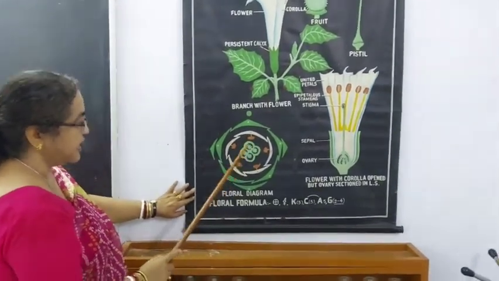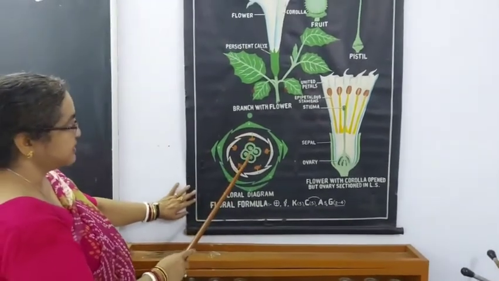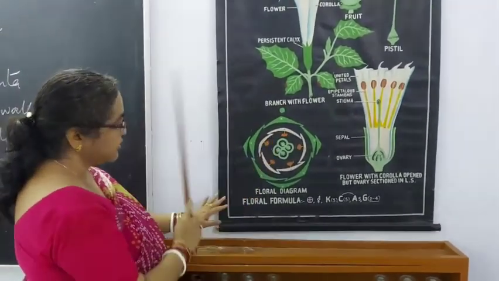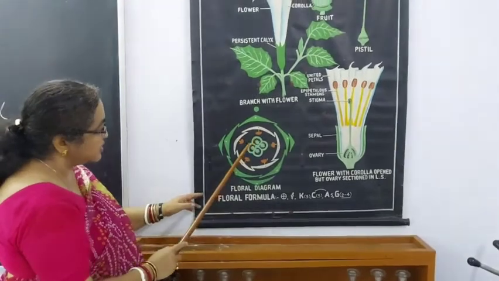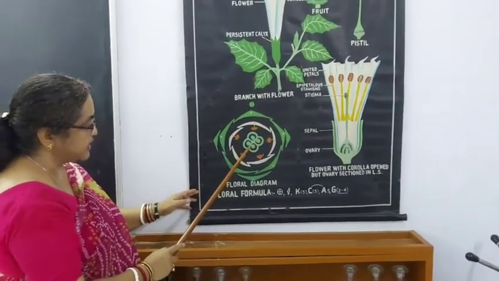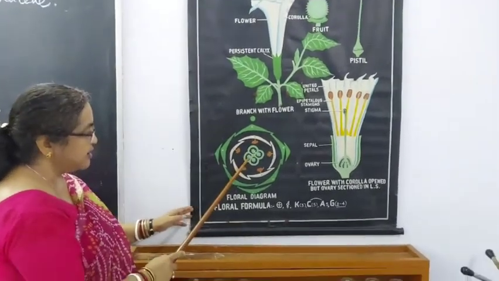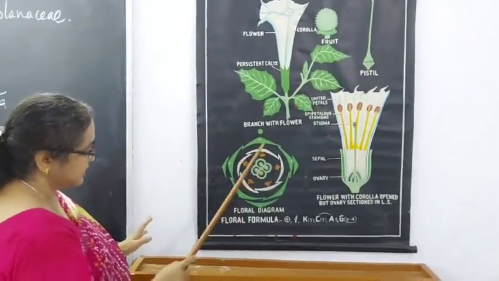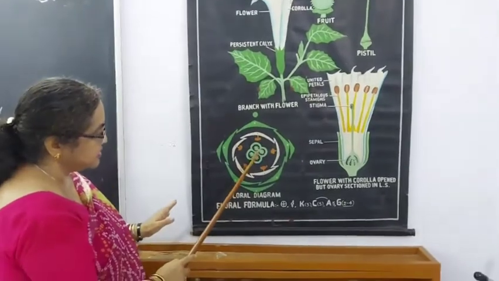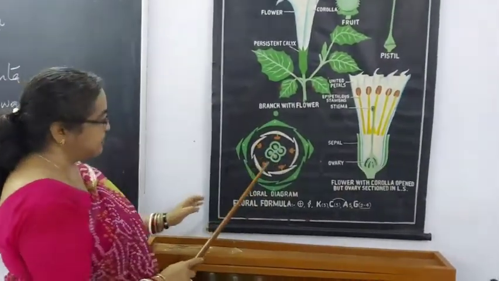This is the ovary. Again there is a difference between this species and this. So you will draw the one which has been given to you. So there are only 2 chambers over here. There are 2 chambers and many ovules are attached to the placenta. Placenta is in the center. So you have to just change this one a little bit and draw the one which I have drawn on the board.